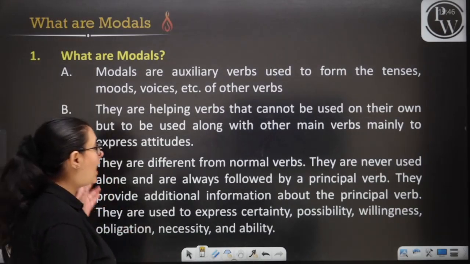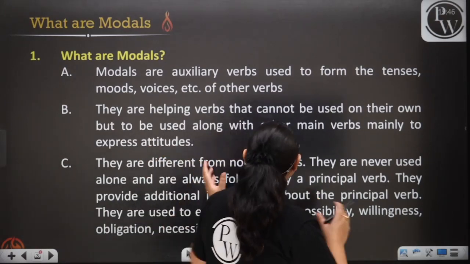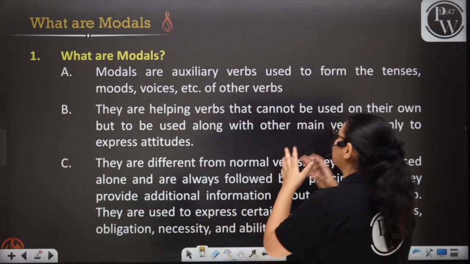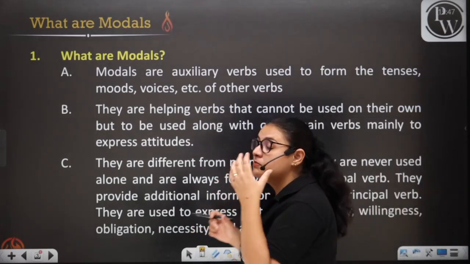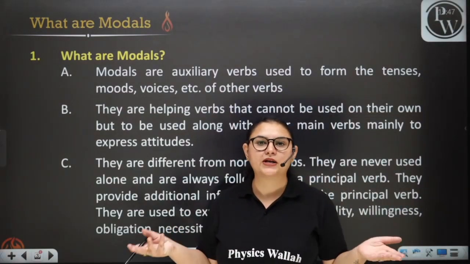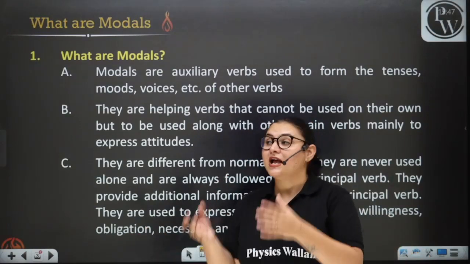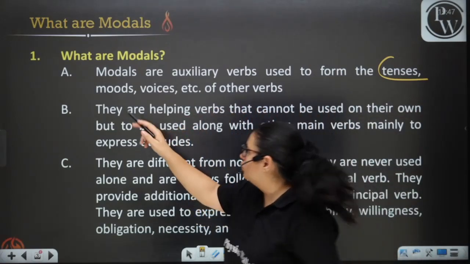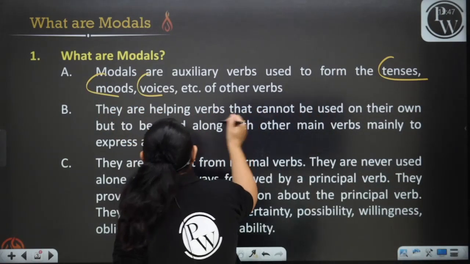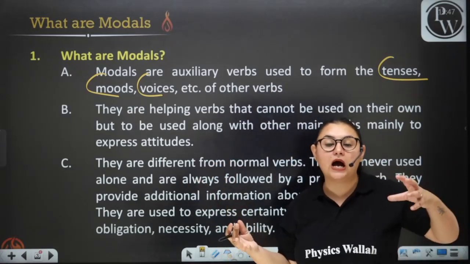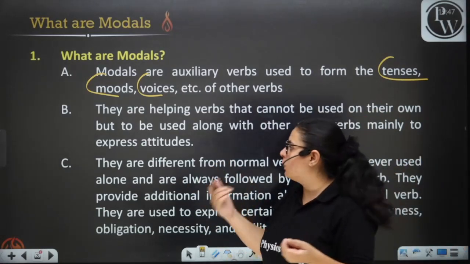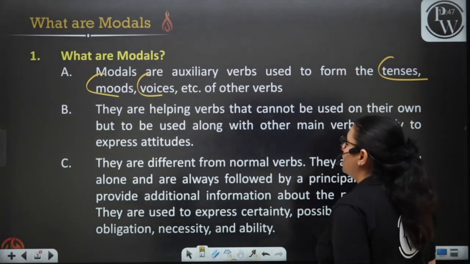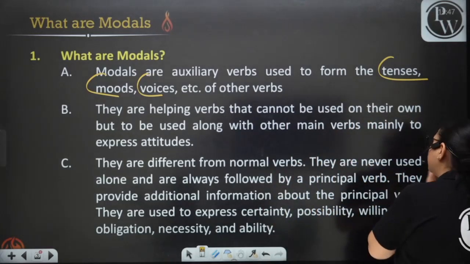Now, what are modals? Modals are auxiliary verbs used to form the tenses, moods, voices, etc. of other verbs. What are auxiliary verbs? They are helping verbs. They depend on the tenses, and they tell us the moods, voices, etc. of other verbs. They are helping verbs that cannot be used on their own, but are used along with other main verbs,